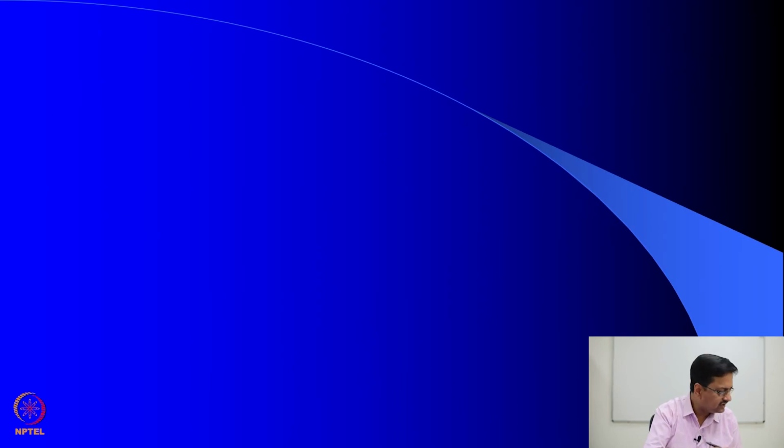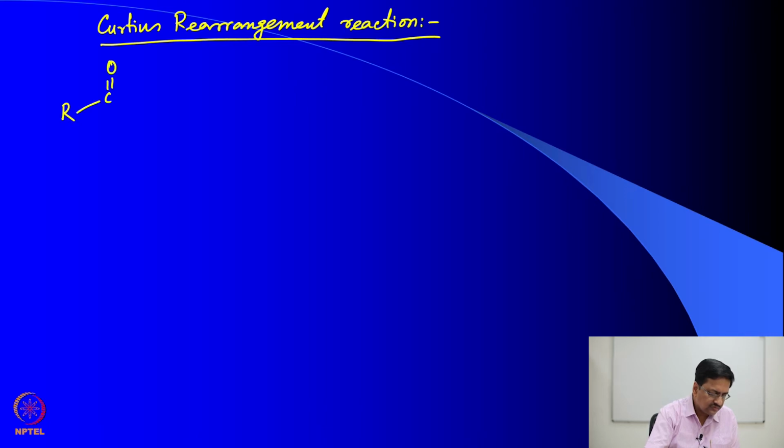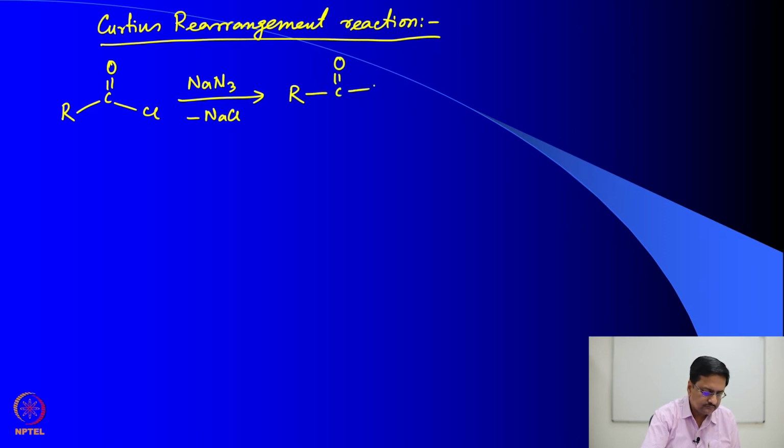A similar rearrangement reaction is called the Curtius rearrangement, where RCOCl, that is acid chloride, is first treated with sodium azide. With the elimination of NaCl, it forms the acid azide, so this is acyl chloride, forms acyl azide,